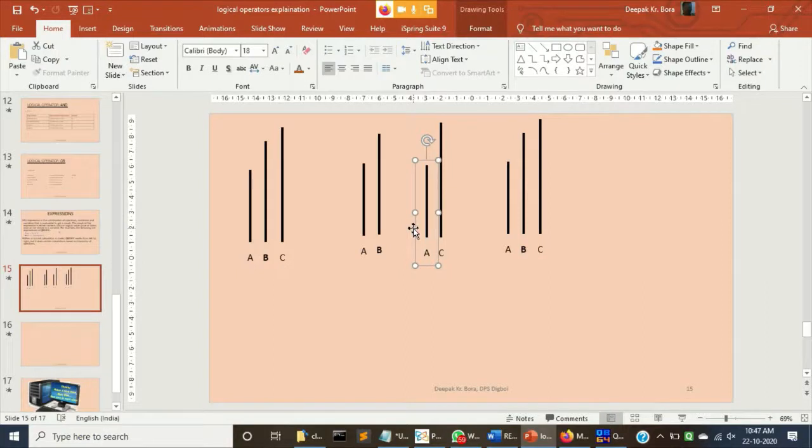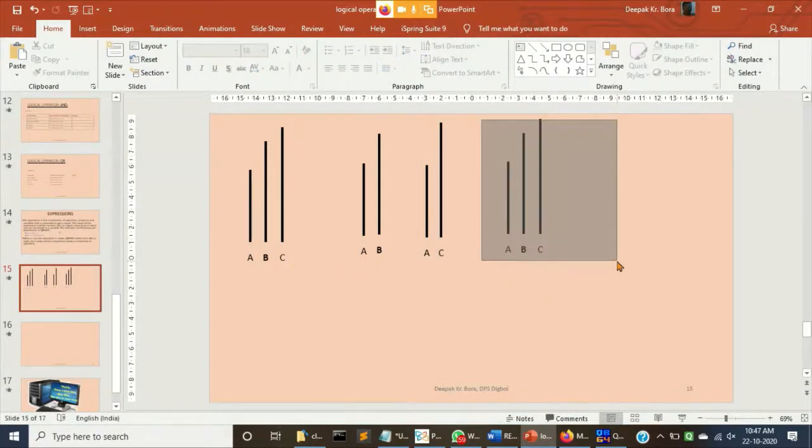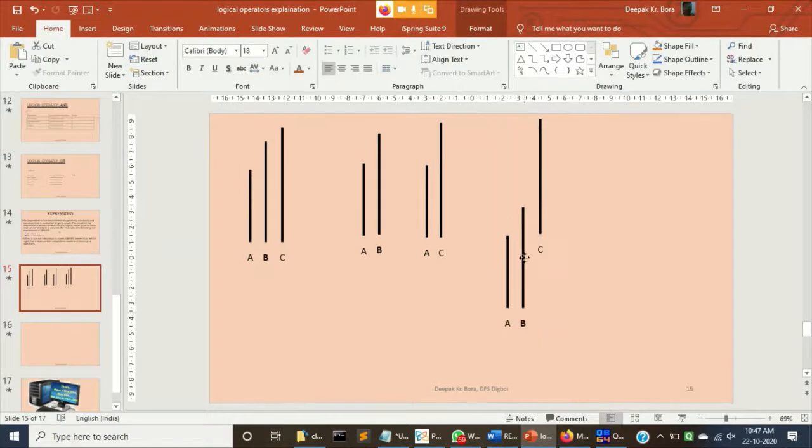Are you getting it? If A is the tallest, then A is greater than B should be true and A is greater than C should be true. Now, once this comparison is wrong, then what will I do?